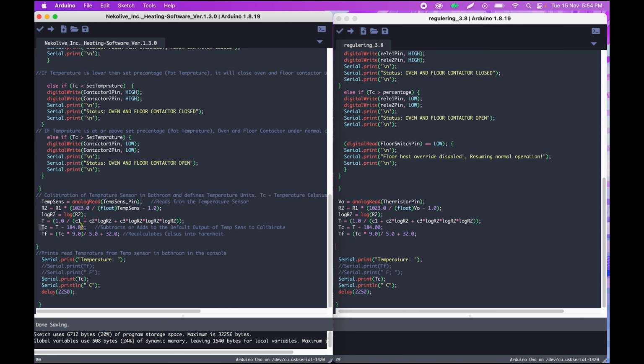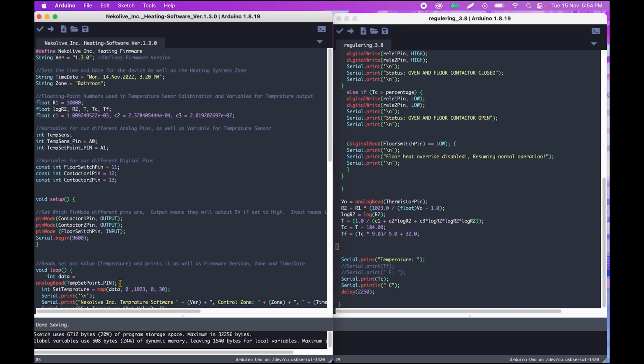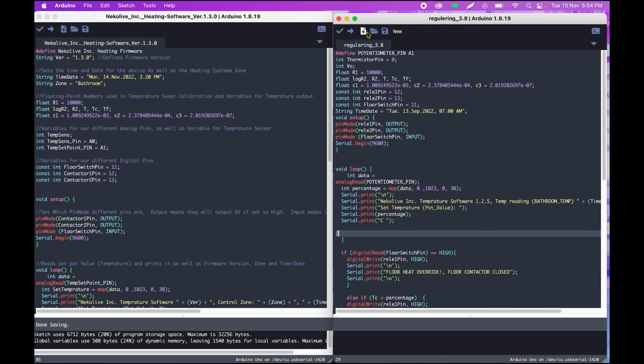So this is where we subtract or add to calibrate the temp sensor, and this just recalculates the Celsius temperature to Fahrenheit, which is pretty much the same besides the change in variables, and that I've added comments on what they do. And other than that, serial print temperature is still the same as always. So that's pretty much all the changes that have been done from this, which is now version